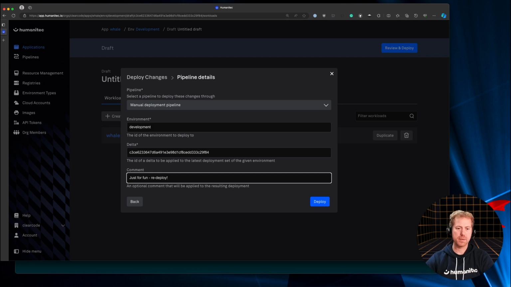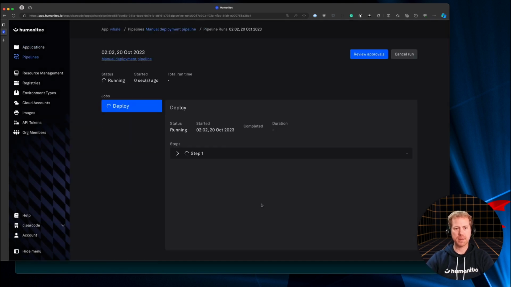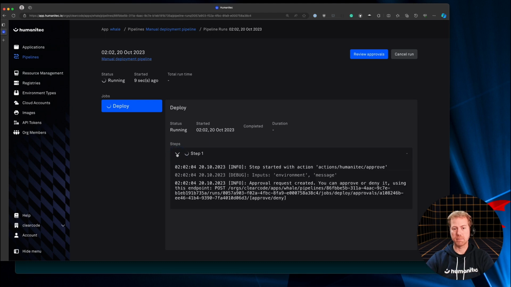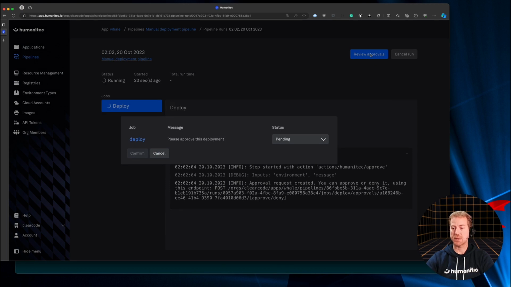Redeploy, and click on deploy. And what now happens is that my manual deployment pipeline is being executed. Wait a moment, it says here, approval request created. You can approve or deny it using this endpoint. Or I could actually up here click on review approvals, because this pipeline actually starts with a manual